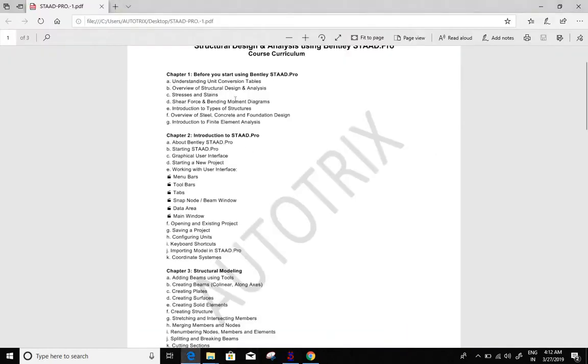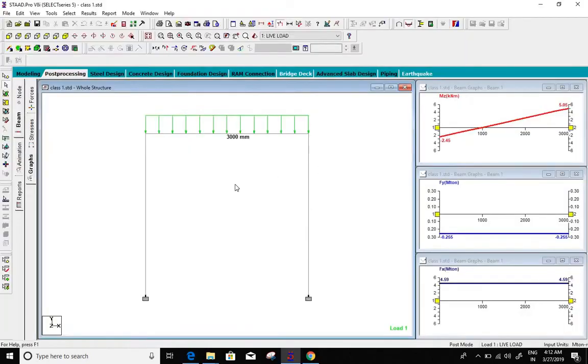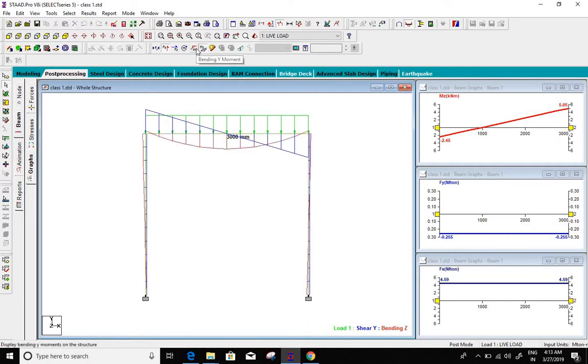Now I am continuing with another topic, the shear force and bending moment diagram. If you want to see the diagram of shear force and bending moment, you can click on this shear force in Y direction. This is the diagram of your shear force. If you click on bending moment in Y direction, there is no bending moment in Y direction.